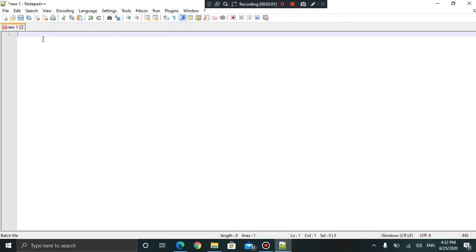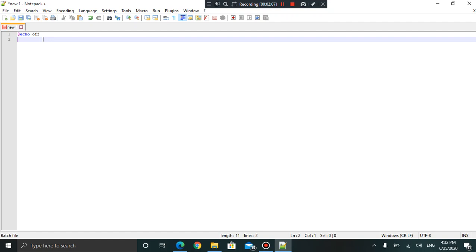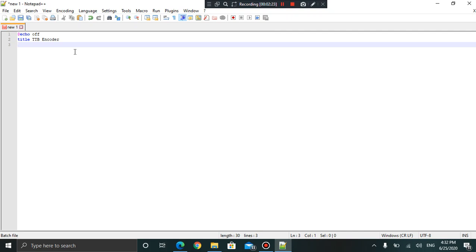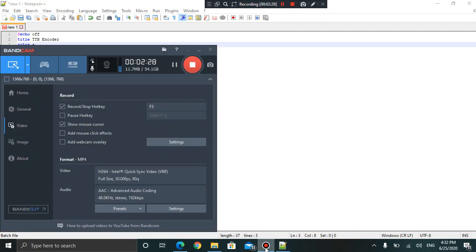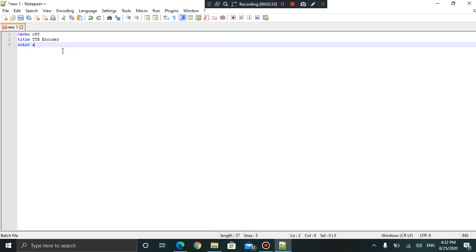Once you're done with that, all you want to do now is type @echo off, and then you can set your title. I'm going to set it TTB Encoder, which stands for text to binary encoder. And then I'm going to set the color to A. Color A. Wait a sec, guys. I want to make sure that my voice is okay. My voice is fine. Okay, after color A,